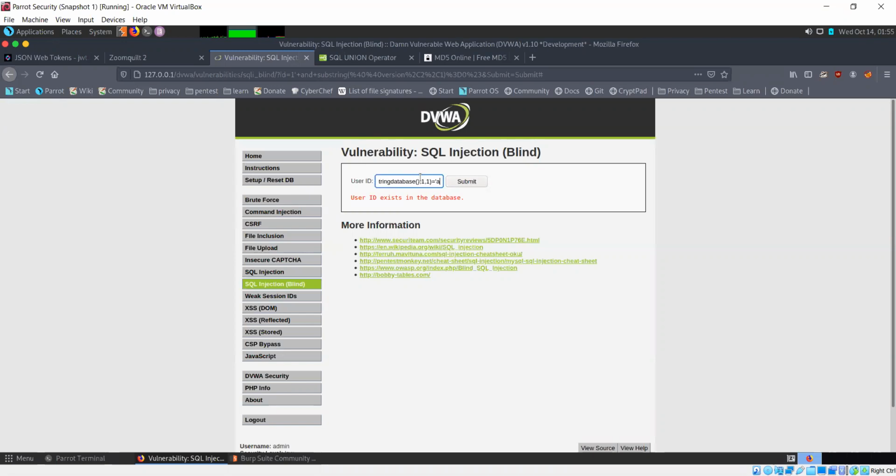So let's see whether it's A or not. I'm just going to copy this so I can use it. So it's not A. The first character in the database name is not A.